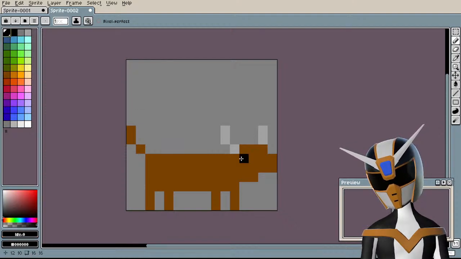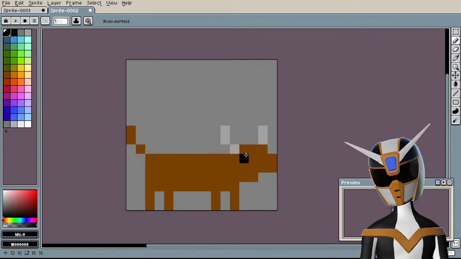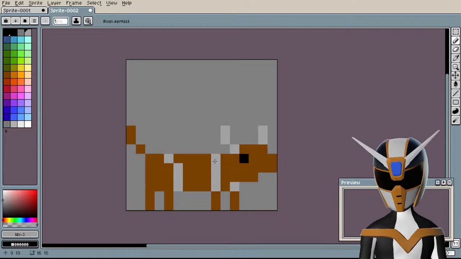Do I need to make him... I think I need to make the bull look more like a robot, though. Yeah, give him a goofy eyeball. How do I make the bull look like a robot? Give him robot joints.